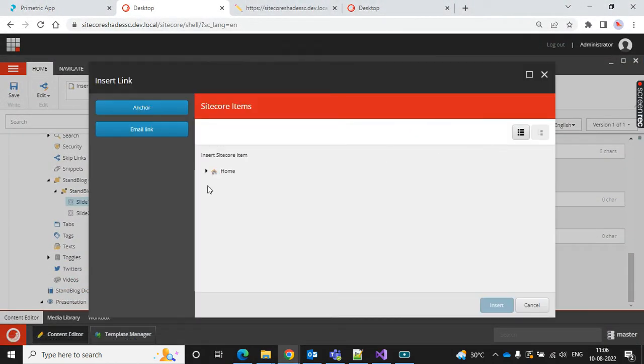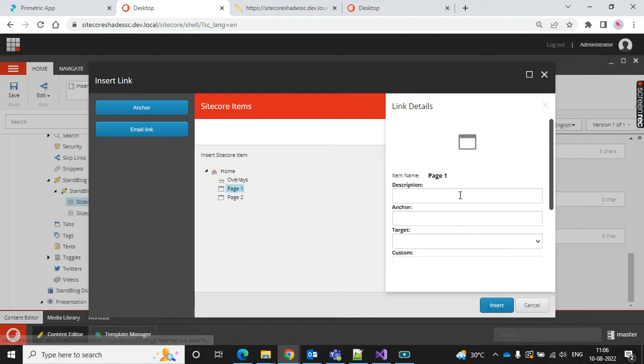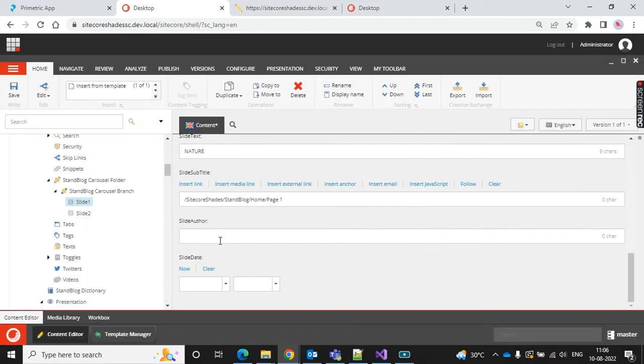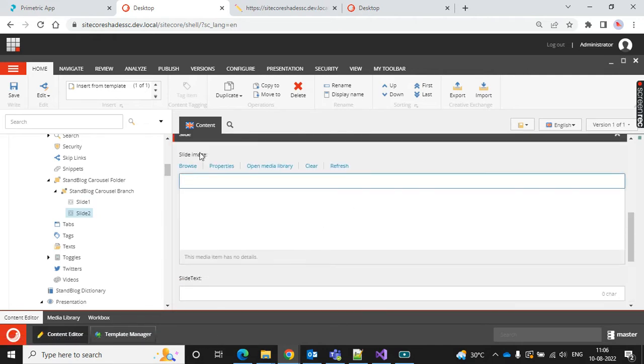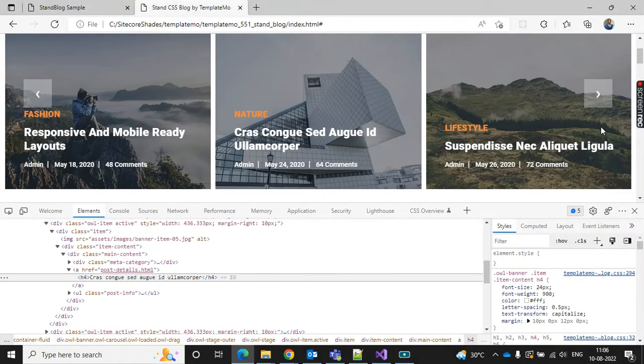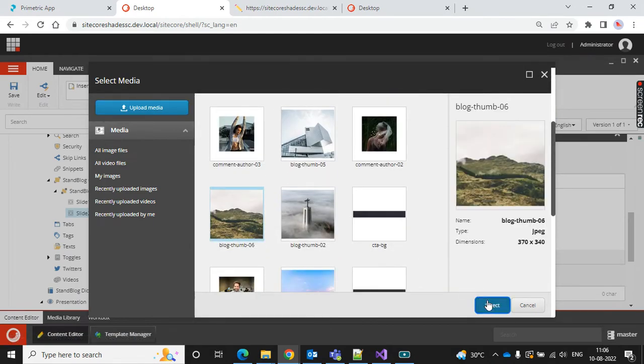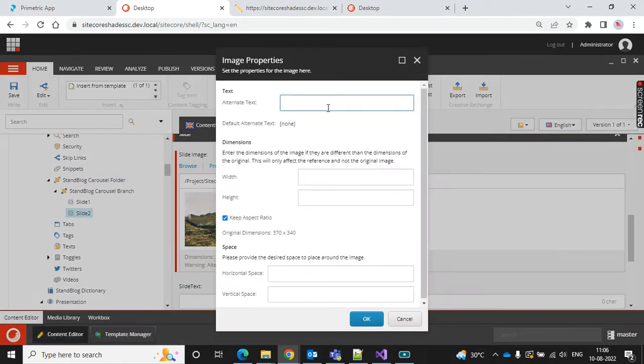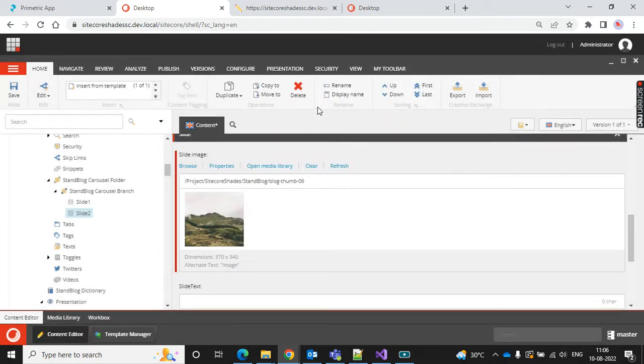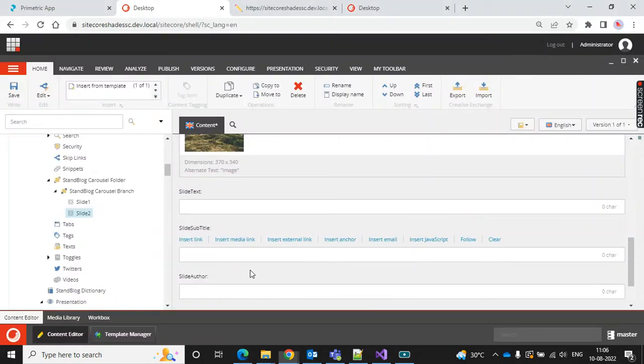And settings, and home, and page one text, and then slide author is admin and date is now, and then save. The same way we can fill here also. The next image is this one. Yeah, this one, and then select and then properties. Let's give the alt text image and then slide text is nature